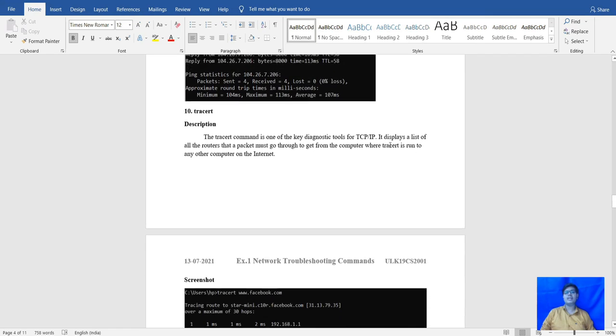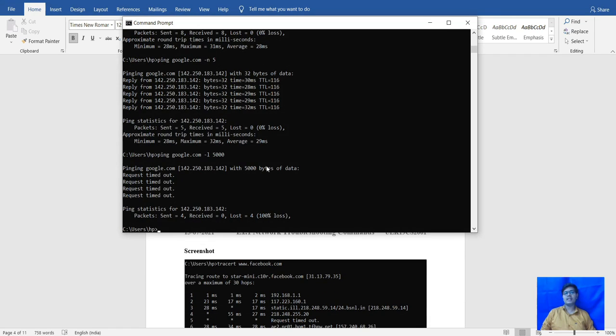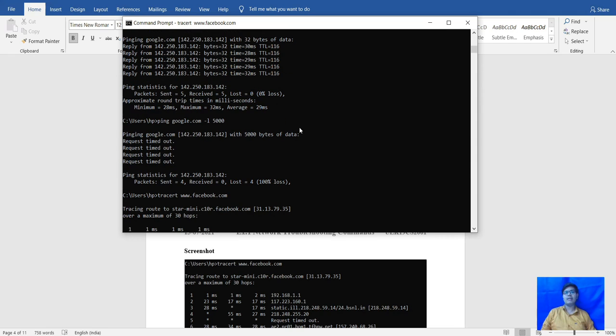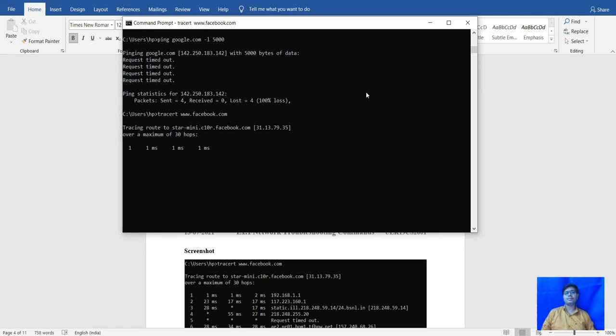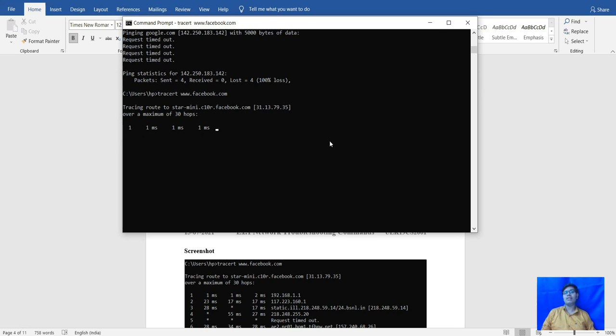After that we will go to the next command, that is tracert. If I want to check how my IP will travel from my router to the Google server, let's check. If we type tracert, for example we will check facebook.com. It will travel from my router to the Facebook server, going from hop to hop. A hop is known as a router. After that it will show the time taken for traveling from my router to the